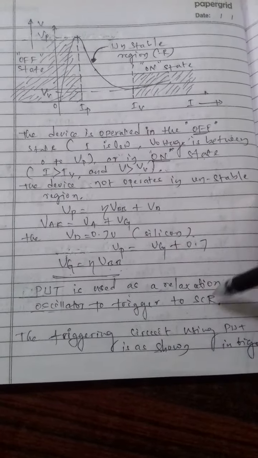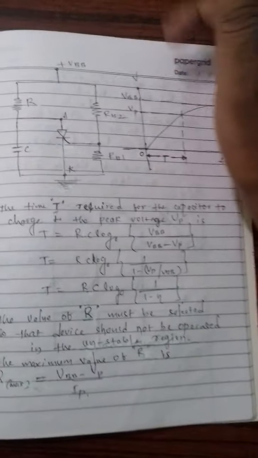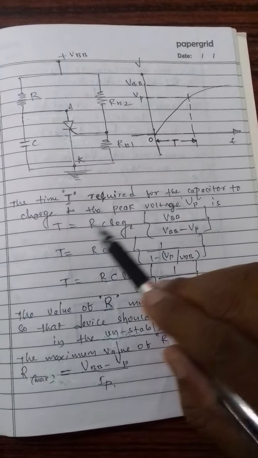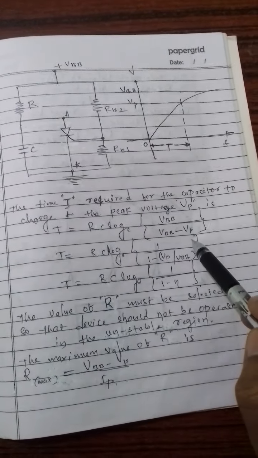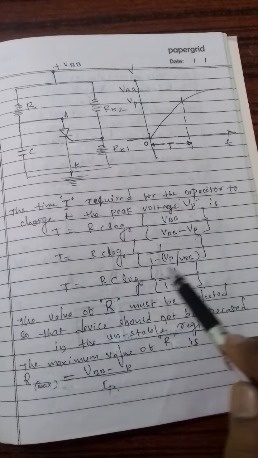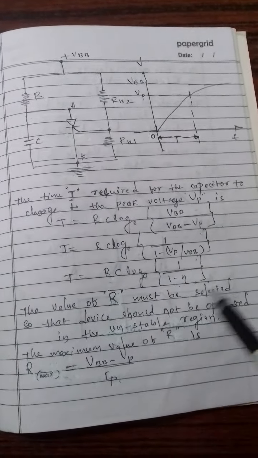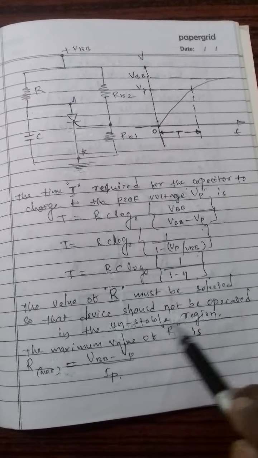The PUT is used as a relaxation oscillator to trigger the SCRs. The triggering circuit using PUT is as shown in the figure. The time t required for the capacitor to charge to the peak voltage Vp is t = RC log(VBB/Vp) = RC log(1/(1 - η)). The value of R must be selected so that the device should not be operated in the unstable